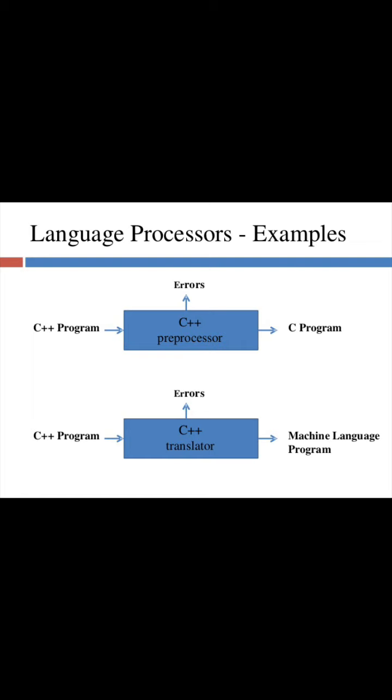So what is a loader? A loader is a program which, as its name suggests, is used to load the program, or load the executable file, into main memory and prepare it for execution. So the responsibility of the loader is to load the executable file into main memory and prepare it for execution. Now the next one is the linker. What is a linker? Its main responsibility is to link the different files.